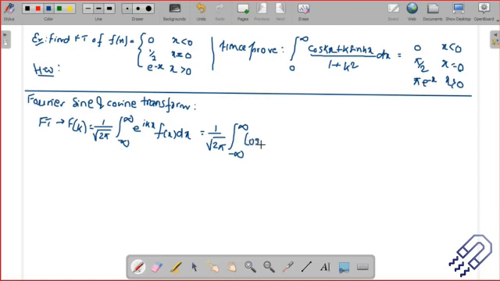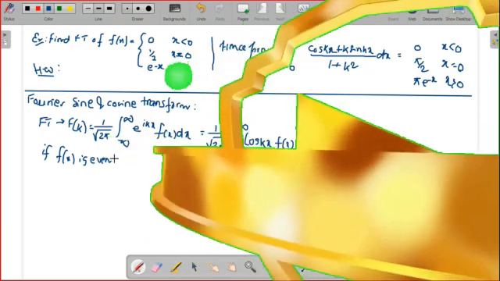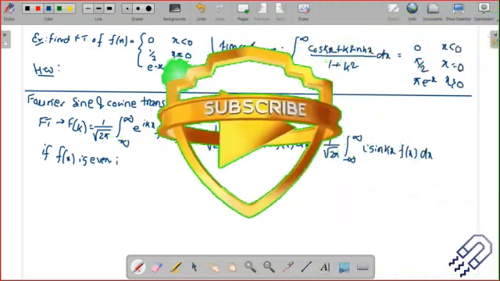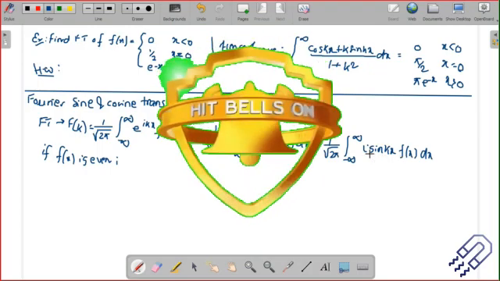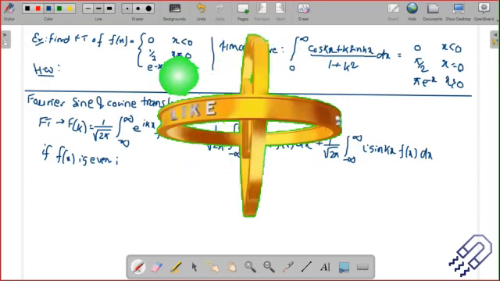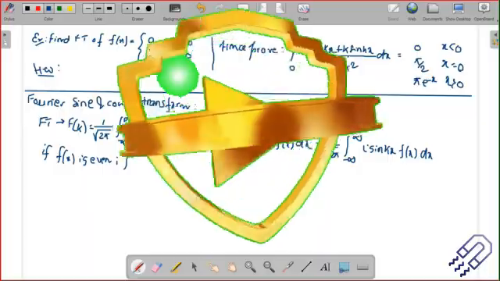So I can take it to be nothing but like this: 1 by root over 2 pi, integration of minus infinity to plus infinity, cos of kx f(x) dx, first term, and then plus one more term, 1 divided by root over 2 pi, integration of minus infinity to plus infinity, and then i sine of kx f(x) dx. Okay, so if you remember this, more or less you can easily remember what is the Fourier sine and cosine transform. So in general, let's say f(x) is even. So if f(x) is even, you will see that this is even, this is odd, so this term will vanish. I'll be left with only this particular term, right? So if I'm left with this particular term, I can simply write it down as F(k)